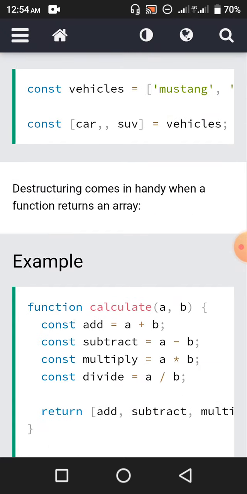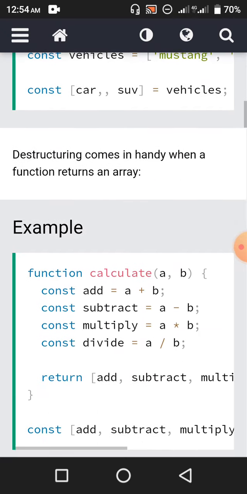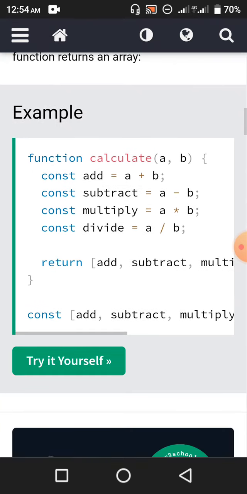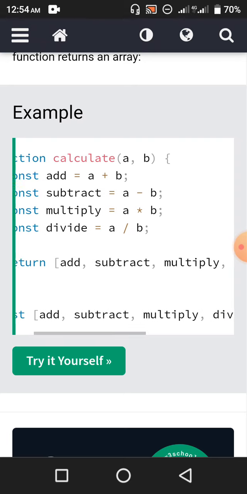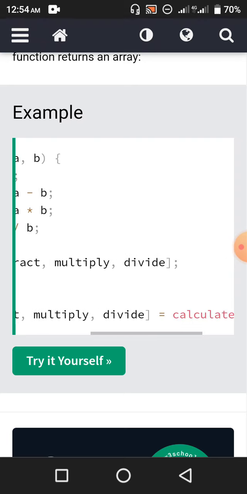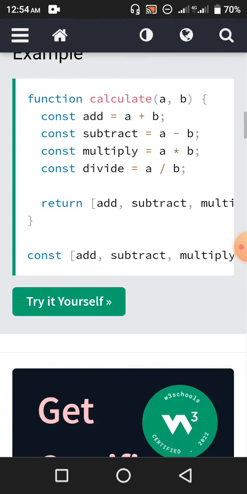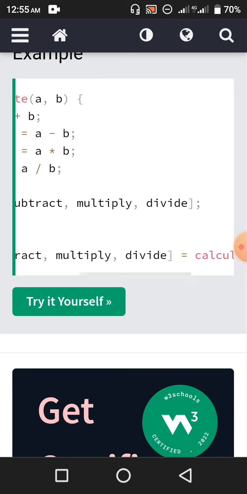Okay. Destructuring comes in handy when a function returns an array. Function calculator of a, b. Inside curly brackets we have const add equals a plus b semicolon, const subtract equals a minus b semicolon, const multiply equals a asterisk b semicolon, const divide equals a slash b semicolon. Return, in square brackets, add, subtract, multiply, divide, and it ends with a semicolon. So after the closing curly bracket we have const add, subtract, multiply, divide equals calculate of